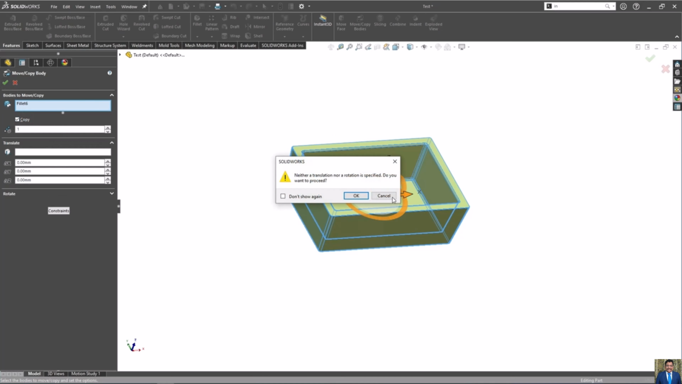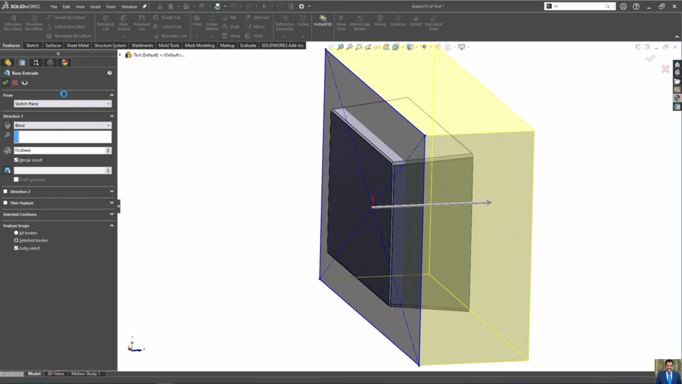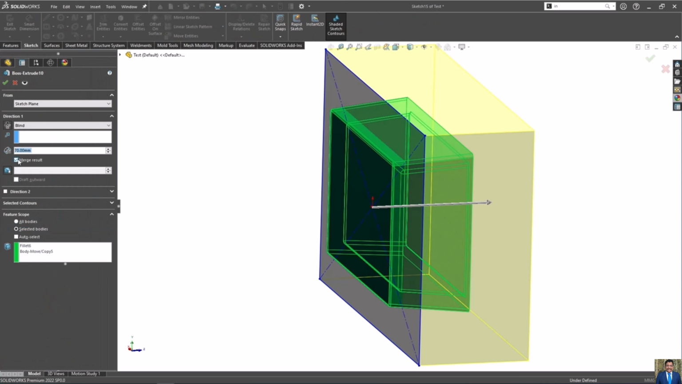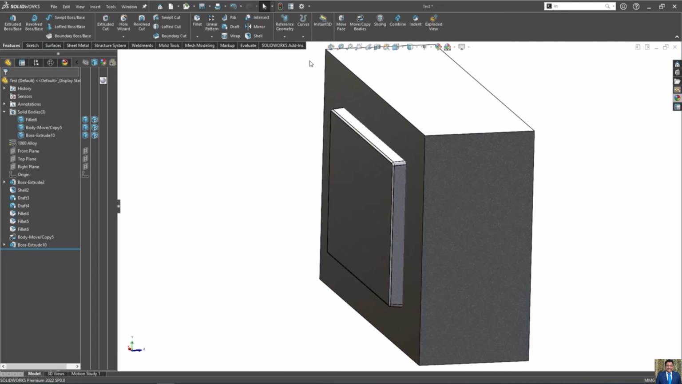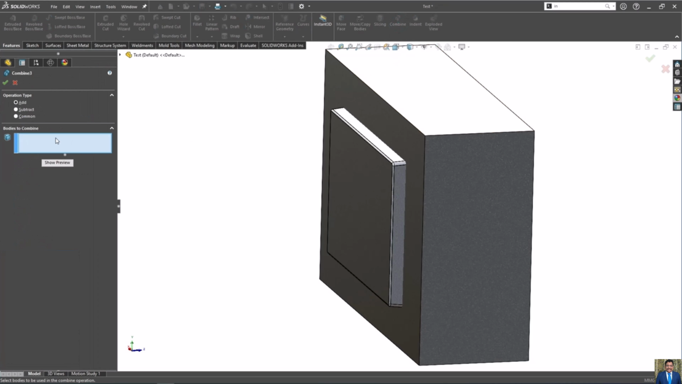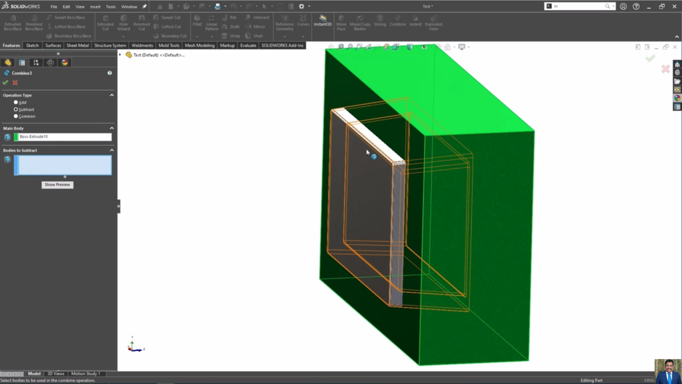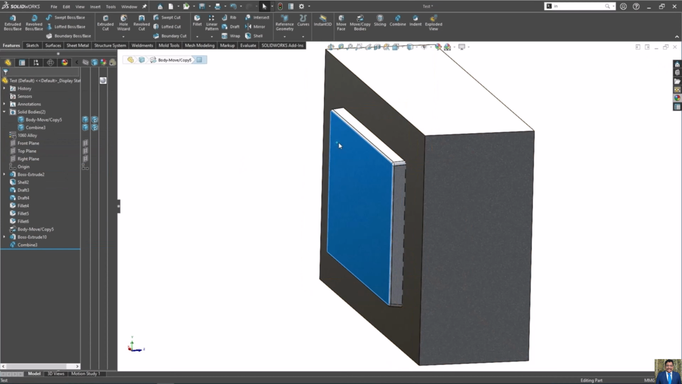Sketch first. We go again. We go with extrude. We go in this way. But I forgot the body, and we go with the combine. We go with the subtract on this body, and which body we want. And I want to hide this,